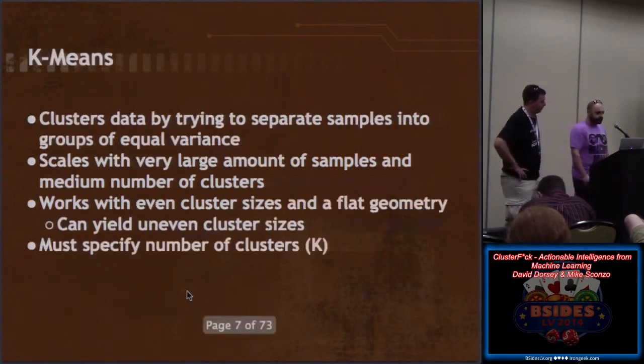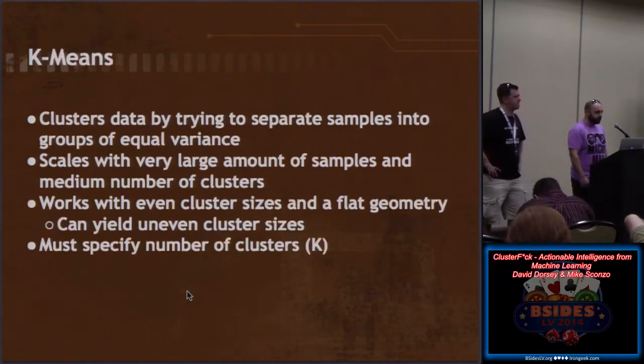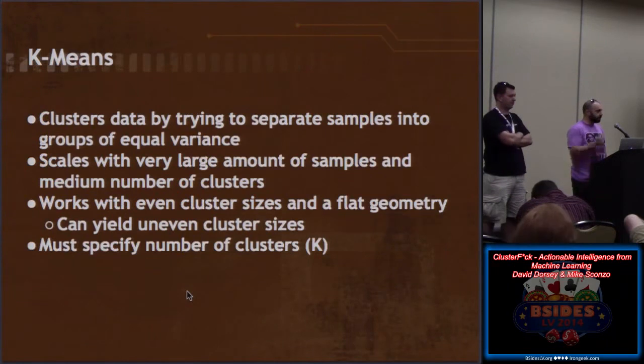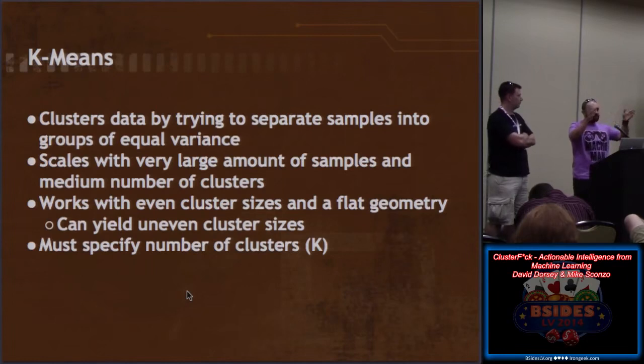Okay, so k-means is another way that you can group data. The parameter you provide to k-means is you say, hey, I think I should have this many clusters, this many groups in my data. So here's the number of groups, you go forth and tell me which things are close to one another. One of the nice things we found with k-means is it tends to group things that are highly, highly similar together and have the same values, which works pretty well with the way we structured our YARA generation.